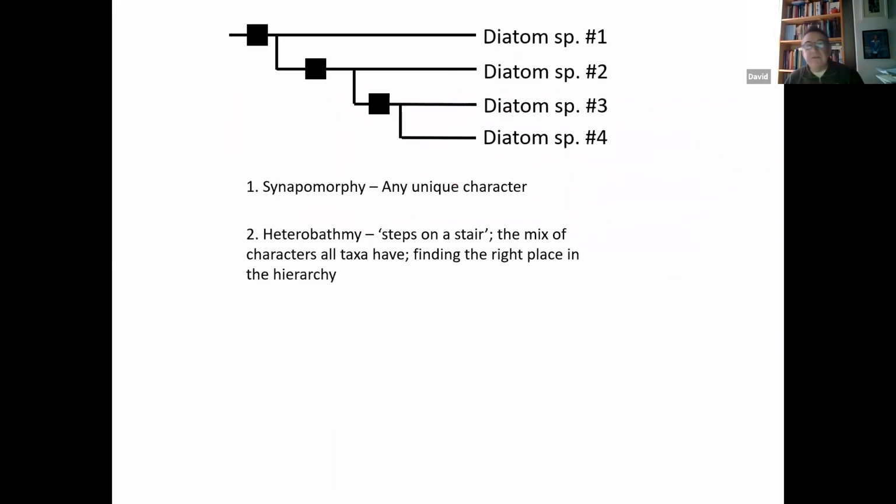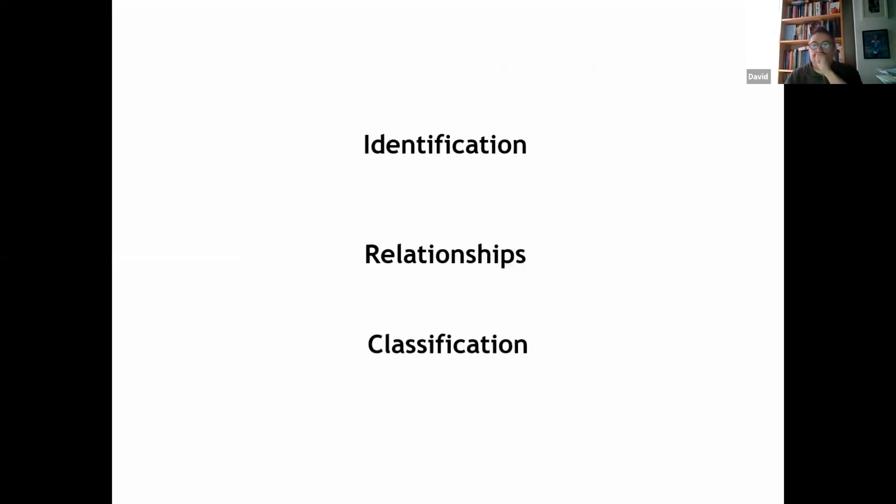Let me just rehash these things. I think there's only two aspects to classification. One is synapomorphy, unique characters. The other is heterobathmy, fixing those characters to the right place in that hierarchy. So, for example, for me, closed girdle bands fits with Ulnaria, species of Ulnaria. Spines of any kind fits with that much larger group that both Horst and Frank Round and I missed out on describing as, I've written it down here, I don't know, order, class, I don't know what it would be, but it's a taxon of higher rank. That would allow an understanding of where both those characters fitted.